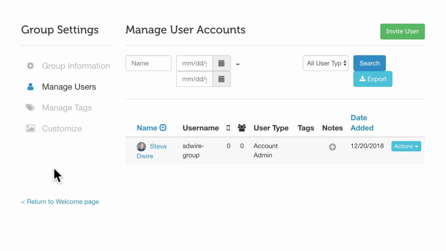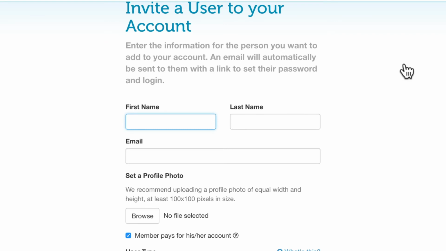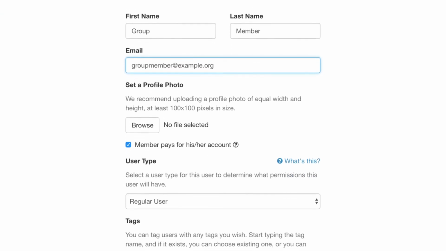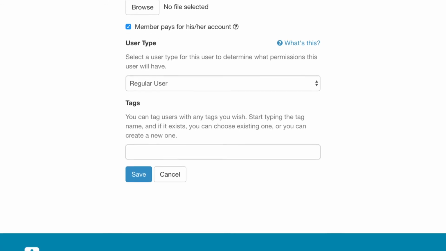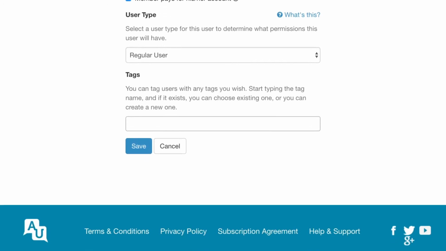For each member, click Invite User. Enter the member's name and the email address where you want the invitation sent. If you'd like, you can also add a photo to make user management easier. Decide who is paying for this user's account and whether you want them to be a group administrator. If you want, you can also label the user account with one or more tags to help make your own user management easier.